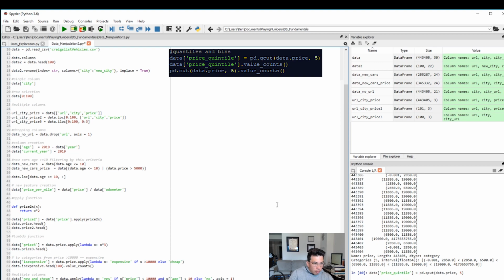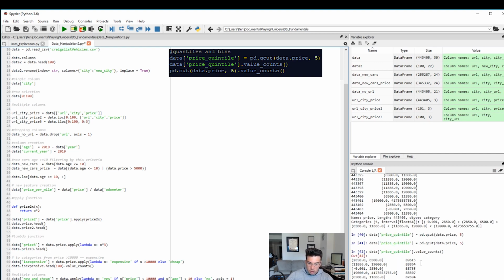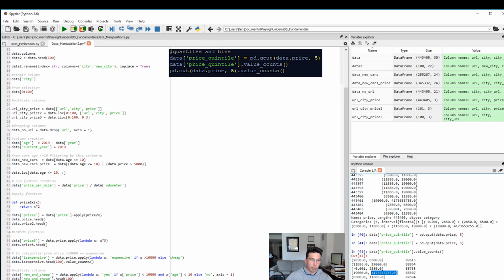just to show that these all have roughly the same number of values, I'm going to do our value counts again. And as we can see, each of them have 80-ish thousand, high 80s, 88,000, 89,000 values in each one. So as we can see here, there's like a huge outlier. That's something in data cleaning we'll probably want to take out and figure out how to normalize that a bit. That's clearly like a typing error or an input error, and that's very common that you see in large data